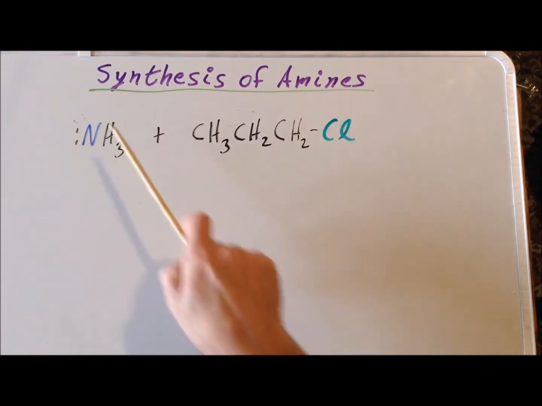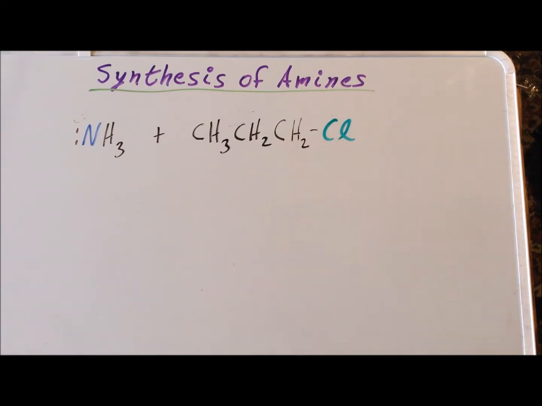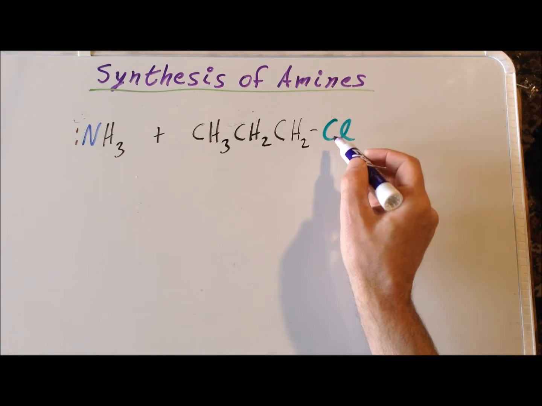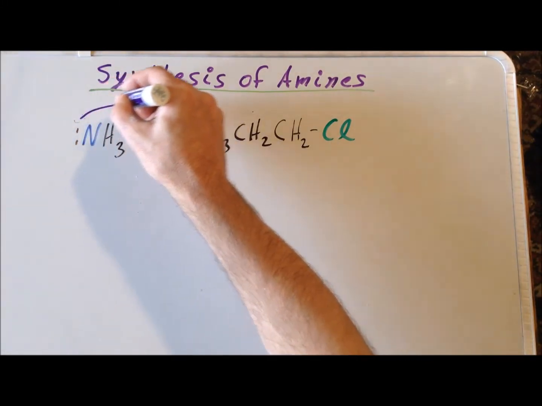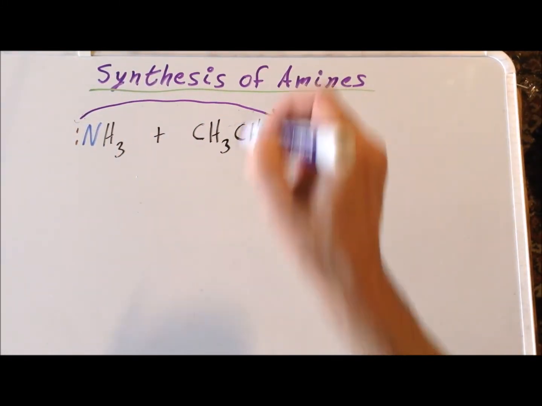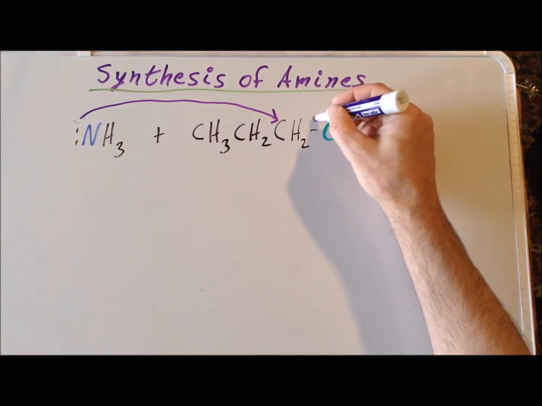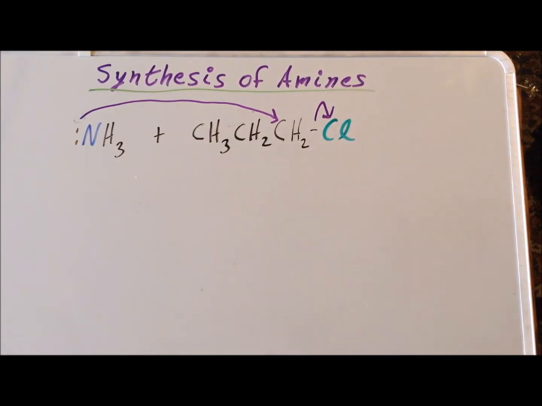Next, we react ammonia with 1-chloropropane, or 1-propyl chloride, if you want to call it that. Again, here we have a primary haloalkane, which makes it quite suitable for an SN2 reaction and unfavorable for an SN1 type reaction. This carbon is attached to the chlorine, so it's electron deficient, and we end up with a nucleophilic attack. On this particular carbon, we have bond breaking, and the chlorine leaves as chloride,